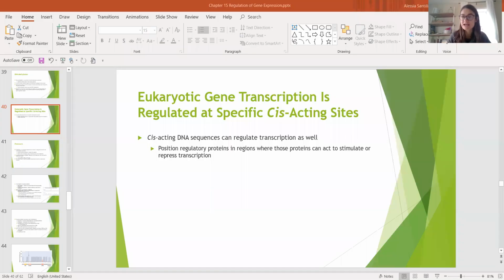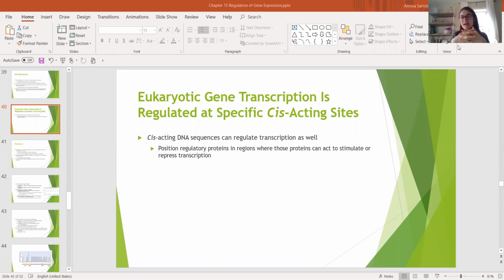All right, now moving on to the next section in chapter 15. We're going to cover 15.8 and 15.9. So now we're going to be looking at certain cis factors, cis-acting elements, and trans-acting elements that work on the